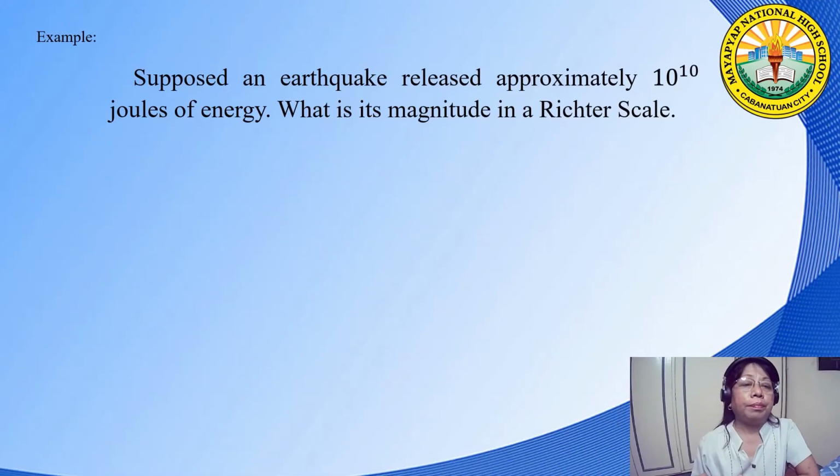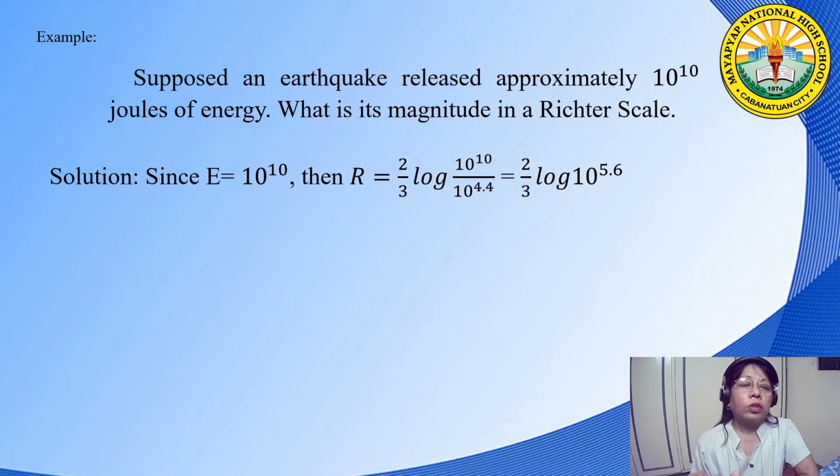Example: suppose an earthquake released approximately 10 raised to 10 joules of energy. What is its magnitude on the Richter scale? Since E equals 10 raised to 10, then R equals 2/3 logarithm of E, which is 10 raised to 10 over 10 raised to 4.40. So, equals 2/3 logarithm of 10 raised to